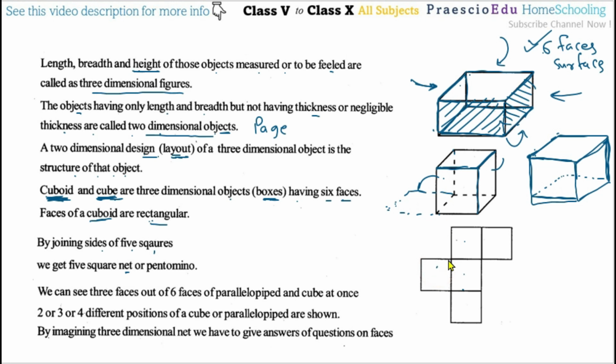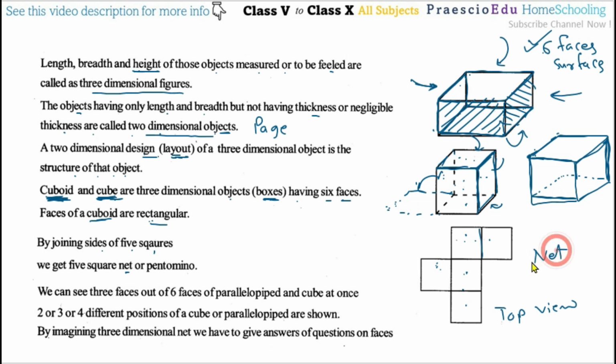Suppose this is the top view, looking from the top, and this is from the side. This side face is here, the front face is here, the bottom face is here, and the back face is here, and this face we keep on the edge, joined with this face. Cut these three sides and it will open like this. There is no top surface: the four sides and the bottom, only five faces are considered and opened out. This is called a net.